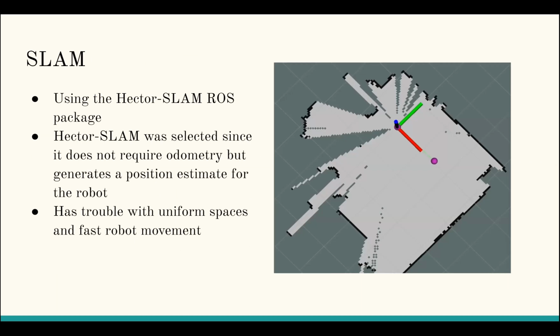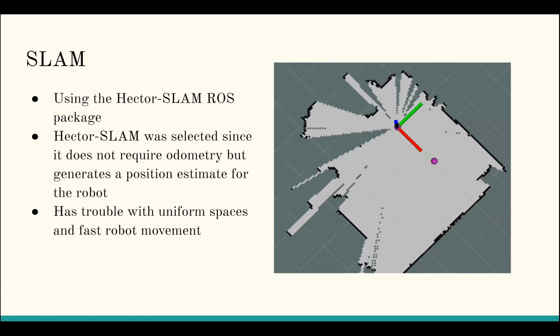So the first section of the project was localization within the house. We use simultaneous localization and mapping using the Hector SLAM ROS package. Why we selected Hector SLAM was because it does not require an odometry topic in order to work, unlike something like GMapping. But it does generate a position estimate for the robot, as seen in the screenshot, which is important because we need a position of the robot in order to have a control loop for the robot's